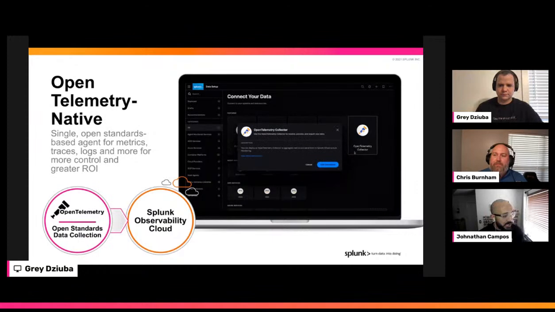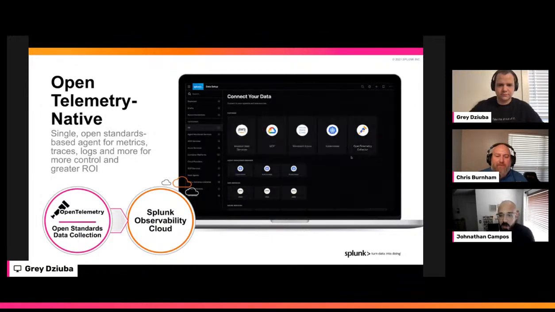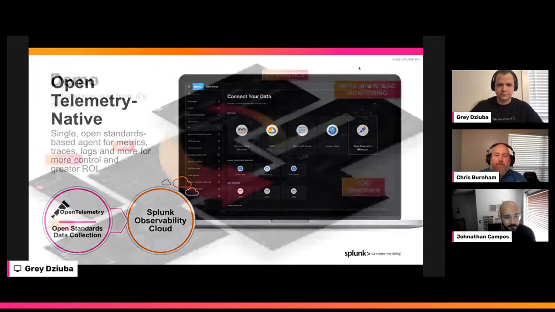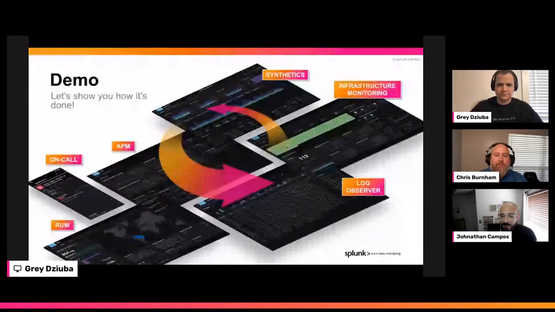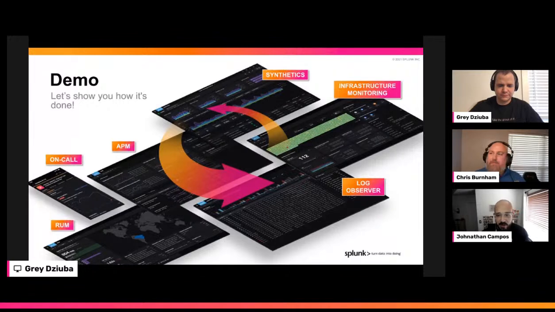Now, when we move over to the next slide, I want to announce our very exciting demo, where Chris is going to show you guys exactly how we can find that needle in a haystack. And Chris, just want to mention, if you can find my wedding ring here in the logs or in the traces or in those metrics, it would make my wife really, really happy. But Chris, let's show him how it's done.